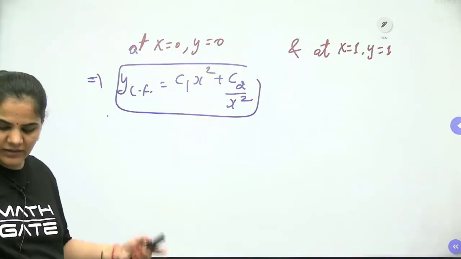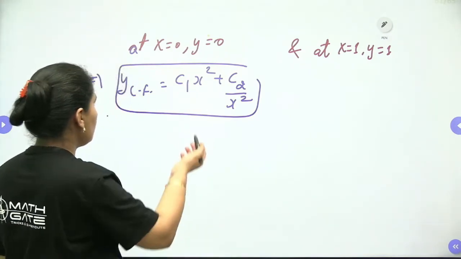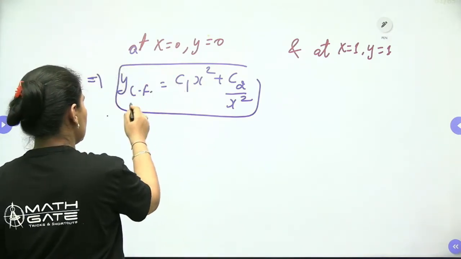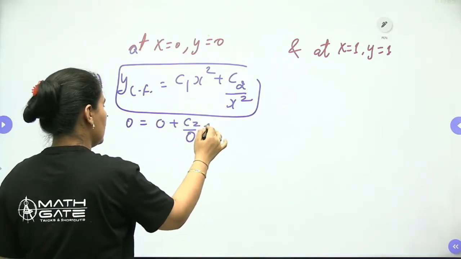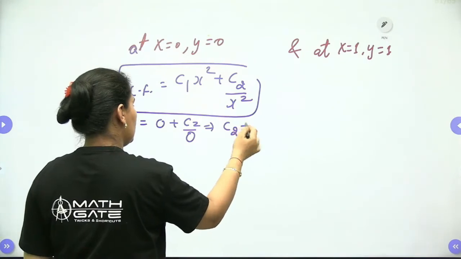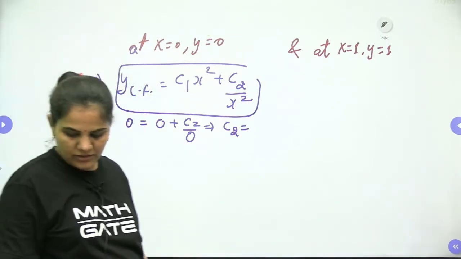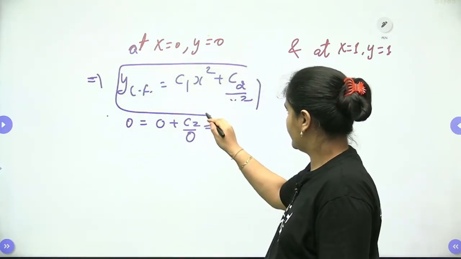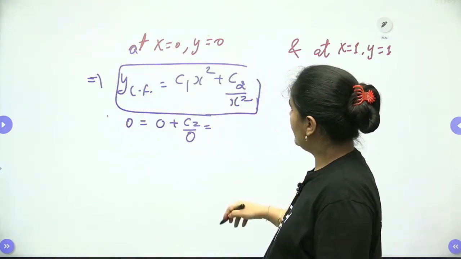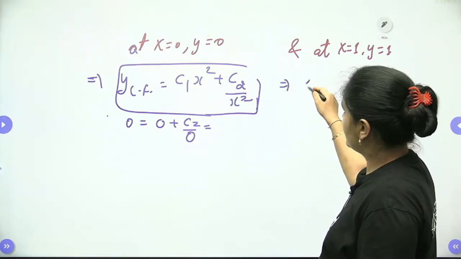So from here we will not get any constant even. When x is equal to 0, y is equal to 0, it will be 0, and C2 by 0. More and more you can write down 1 by 0 is infinity only, right? So the constant C2 will be 0, or even you can remove the constant C2. Okay, right? For the second one, we can approach at x is equal to 1, y is equal to